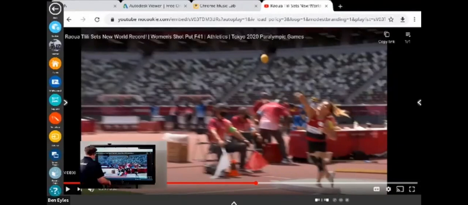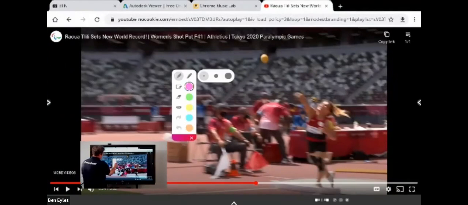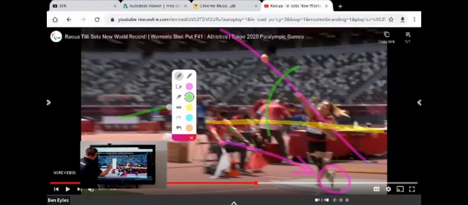And if we were looking at things like the body position, or the angle of projection, or whatever it is that we might be looking at, there we go. We can annotate straight over that video. Now, to make that video move again, Ben, there's a toggle. So whilst the annotations are on,